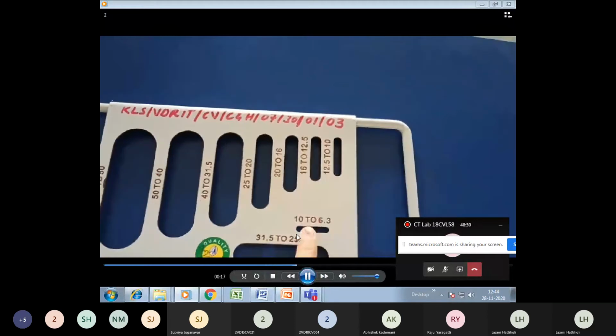Now observe here. These 40 mm aggregates should be passed in the second slot. The 31.5 mm aggregates should be passed in this slot. So it has been shown very clearly here. Now, after this, please see here. For the 25 mm slot, one aggregate was remaining, if you remember. So see where your slot is and pass it here. It is not passing. Whatever aggregate is not passed, just place it inside the block.